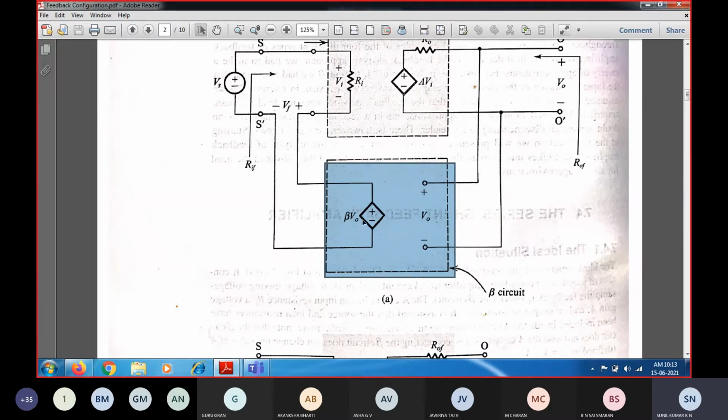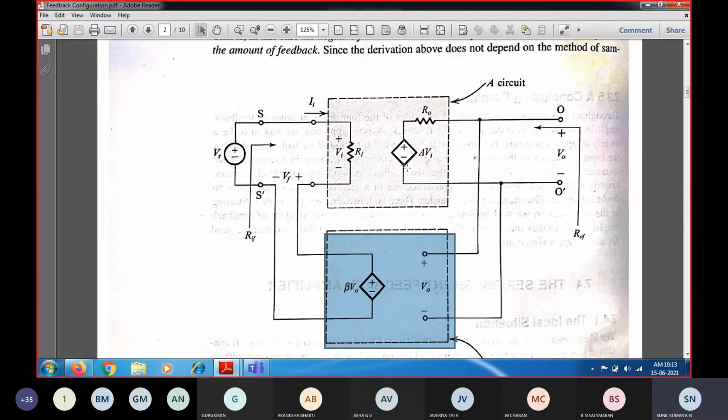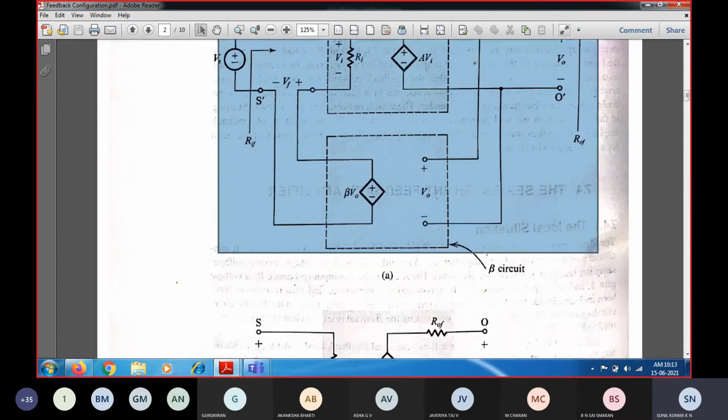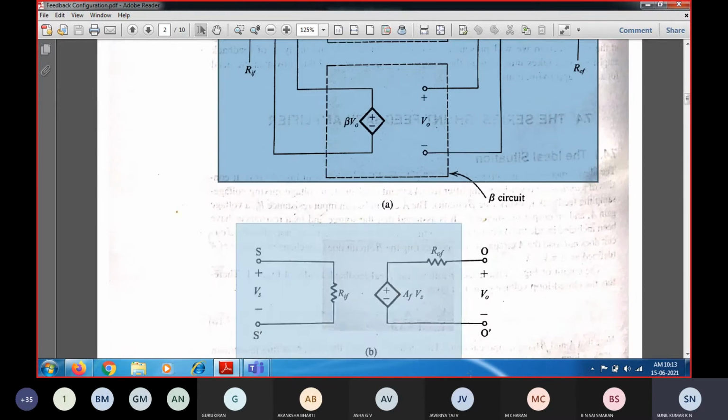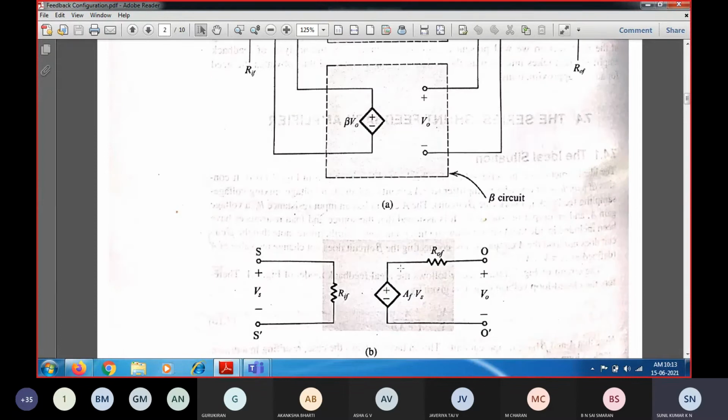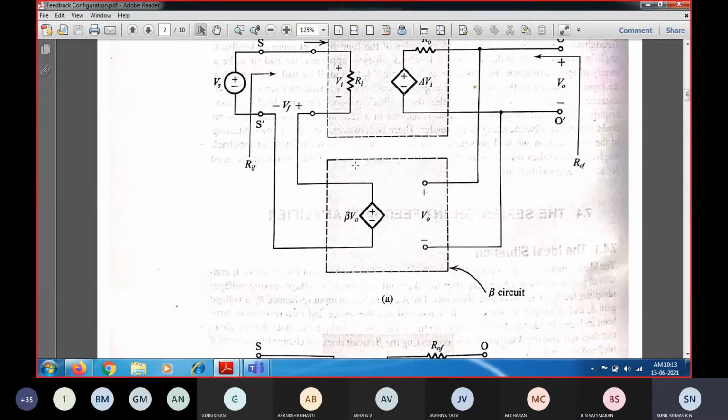We have already derived this expression for the negative feedback. So negative feedback is given by what? AF will be the gain with respect to the main amplifier. If you consider the feedback gain, we are going to write the corresponding circuit with the equivalent gain with feedback. So this is the equivalent circuit of the above circuit, wherein you can see that on employing the feedback network, the gain is going to change. That gain is given by AF, which is equal to A divided by 1 plus A into beta. So this is nothing but the negative feedback.